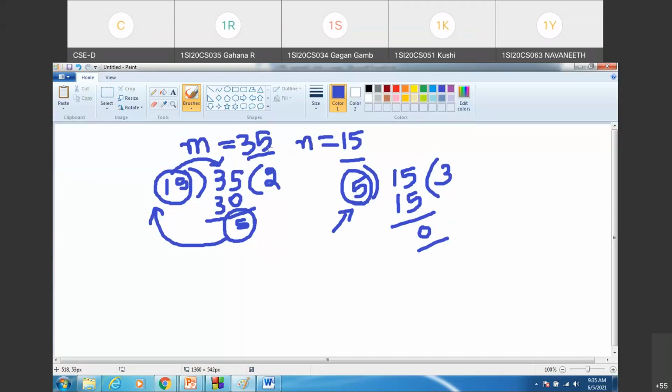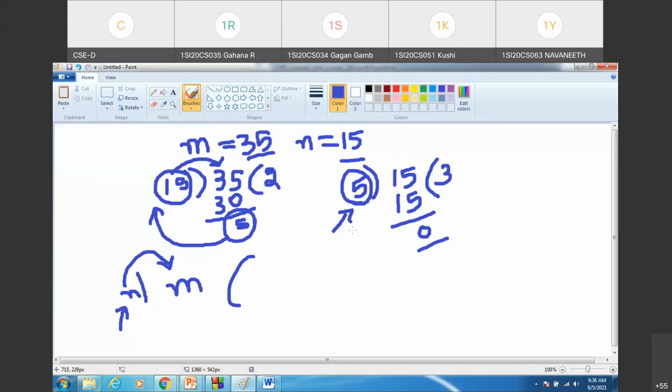How have we computed it? We'll take two input numbers, two integer numbers held in some variables, say m and n. We'll perform the division operation on them. We'll check the remainder. If the remainder is not 0, we'll store the divisor in the dividend, that is in m. For the first division, m is the dividend and n is the divisor. So in the next iteration, whatever divisor we have, we'll store it in m, and whatever remainder you have, we are going to store it in n. Then we'll perform the division operation.